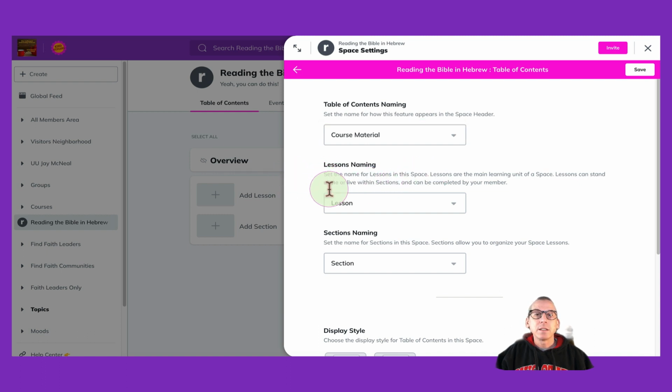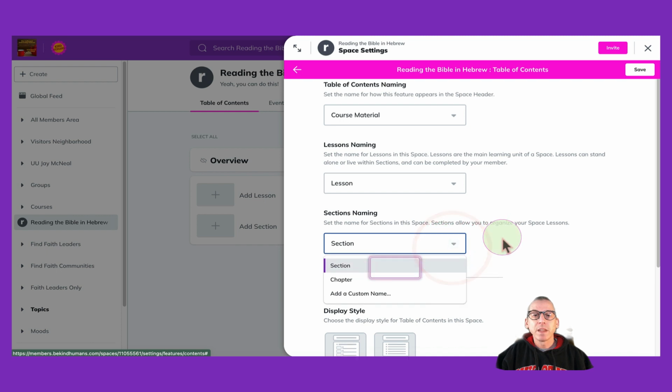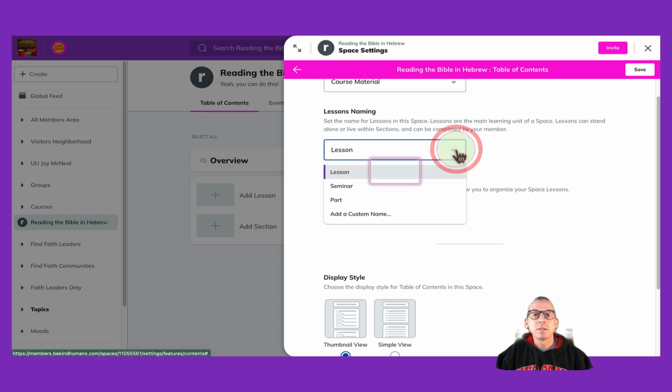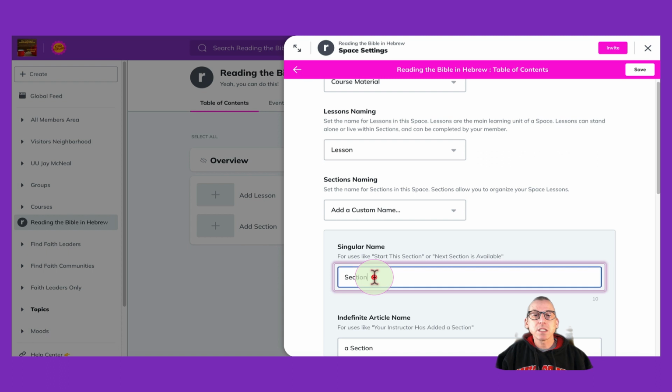Lessons I'm okay with, but the section thing is a little confusing to me, and these really aren't better options to me. For section, they allow you to choose chapter. Lessons gives you alternatives of seminar or part, or you can add a custom name. I'm going to leave lessons, but for sections, I'm going to add a custom name, and I'm going to change this to